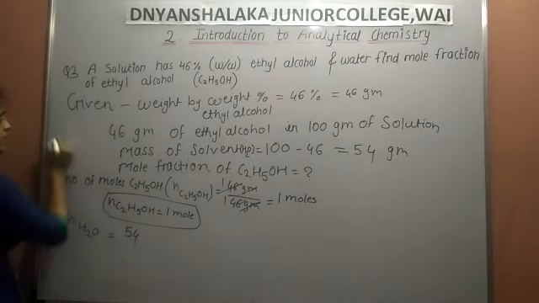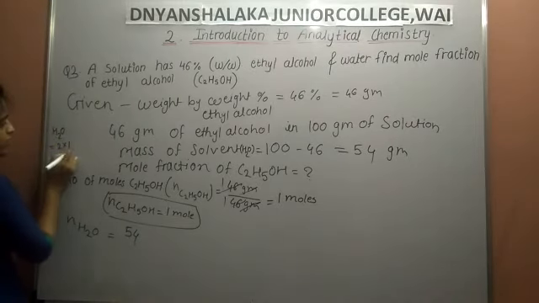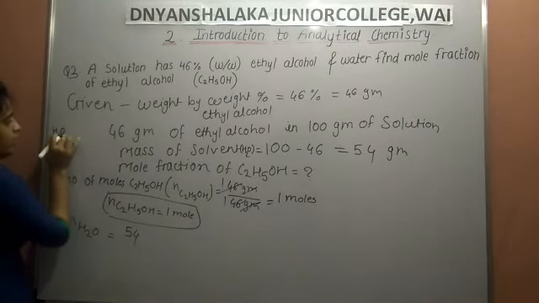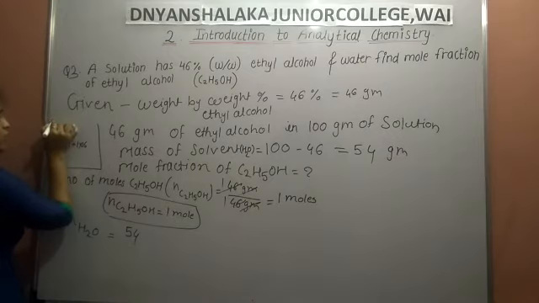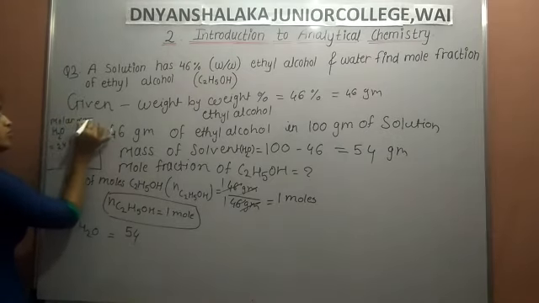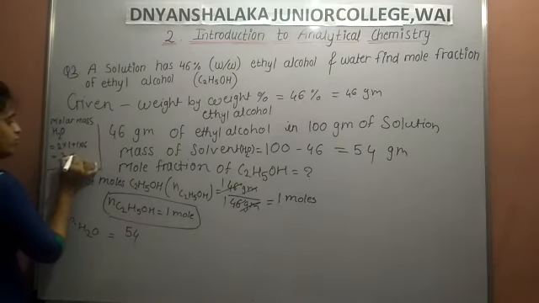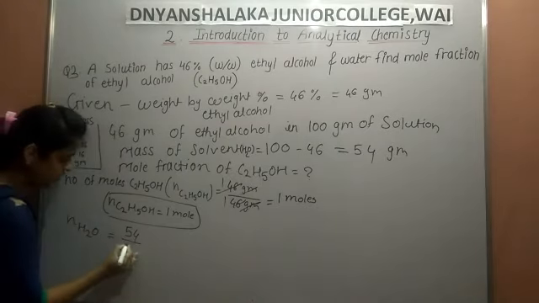And you know that the molar mass of H2O is equal to 2 times the atomic mass of hydrogen, which is 1, plus 1 atom of oxygen times the atomic mass of oxygen. So here I am calculating the molar mass; molar mass and molecular mass are the same. So the molar mass of water is 2 × 1 = 2 plus 16 × 1 = 16, so 16 plus 2 is 18 gram. So the molar mass of water we get is 18 gram.